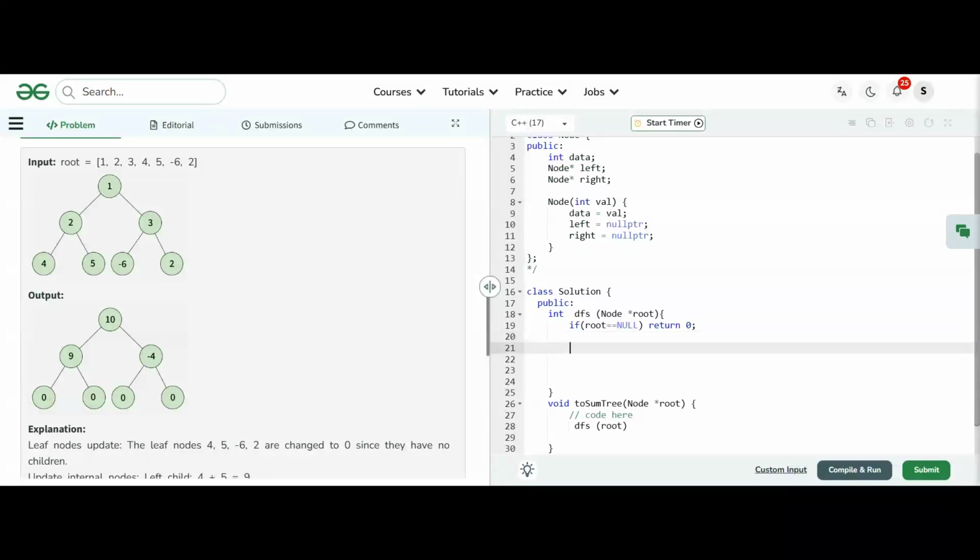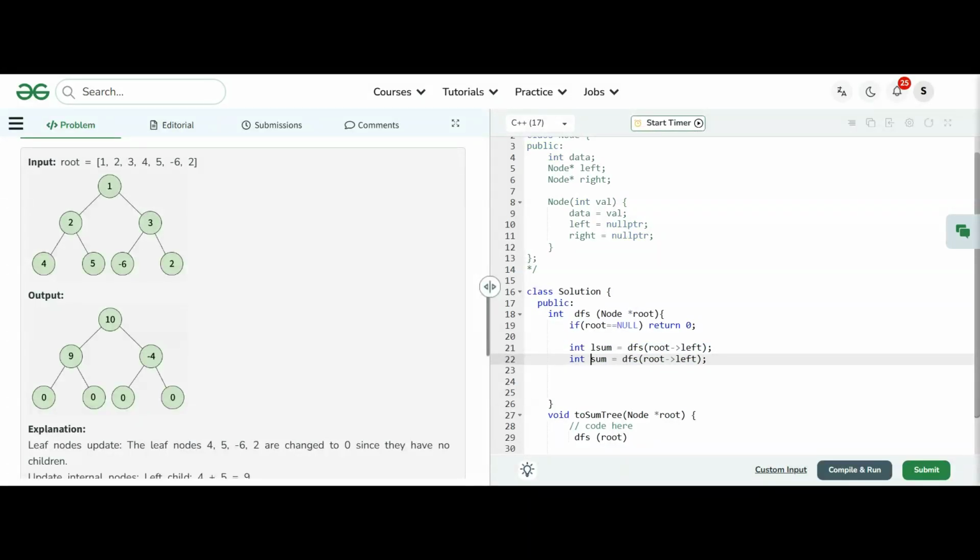Now I need to calculate. I'm sitting on any value. I will calculate the left sum, that is dfs of root dot left, and similarly the right sum, that is dfs of root dot right.